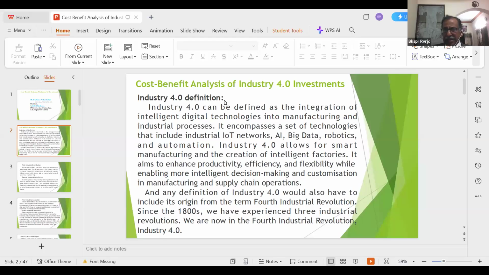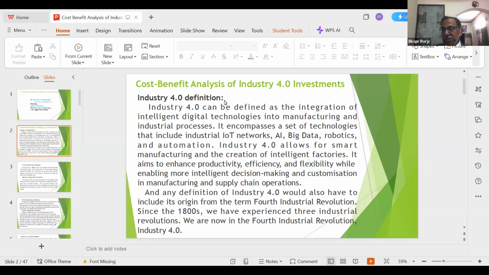It encompasses a set of technologies that include industrial IoT networks, AI, big data, robotics, and automation. Industry 4.0 allows for smart manufacturing and creation of intelligent factories. It aims to enhance productivity, efficiency, and flexibility while enabling more intelligent decision making and customization in manufacturing and supply chain operations. And any definition of Industry 4.0 would also have to include its origin from the term Fourth Industrial